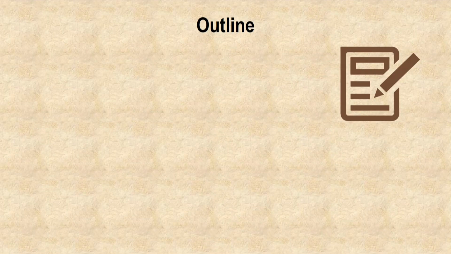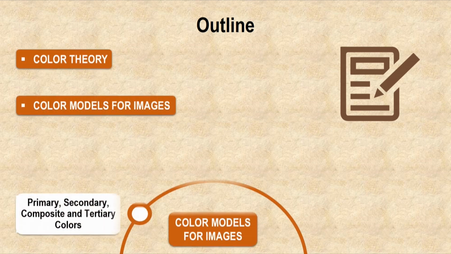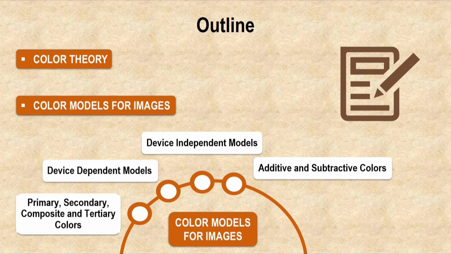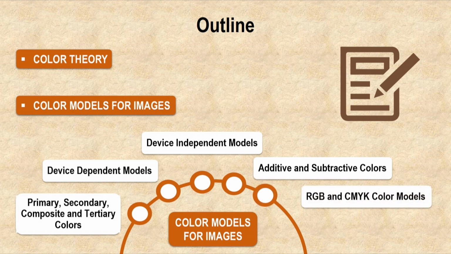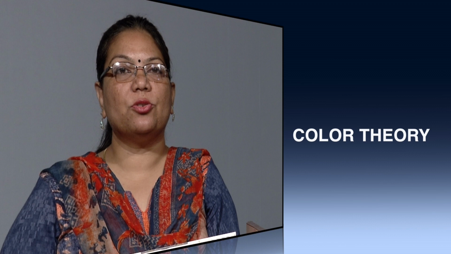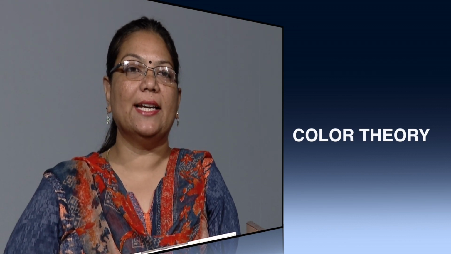Outline of the contents to be covered in this topic are color theory, color models for images, additional contents like primary, secondary, composite and tertiary colors, device dependent and device independent color models, additive and subtractive colors, RGB and CMYK color models, and certain limitations of RGB and CMYK color model. So, let us see first of all what is this color theory that is needed for designing any kind of